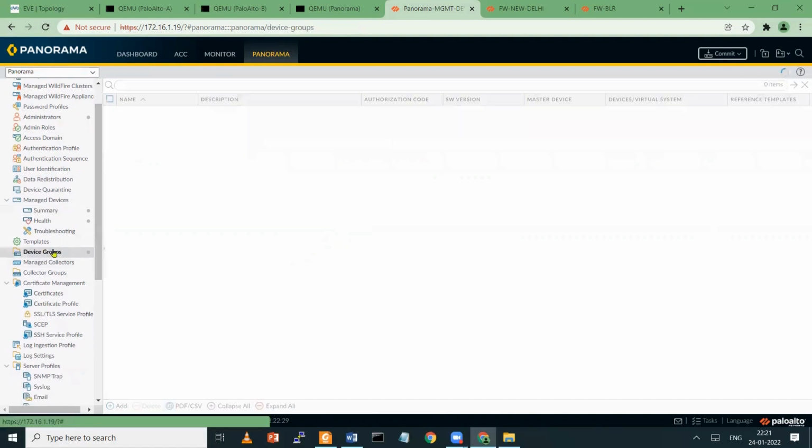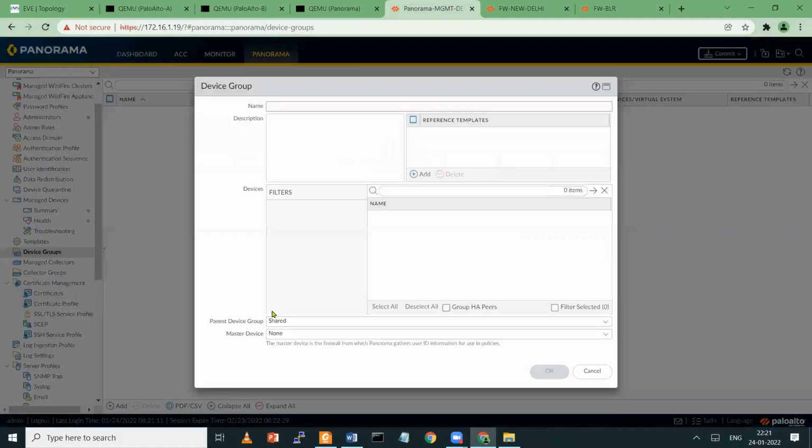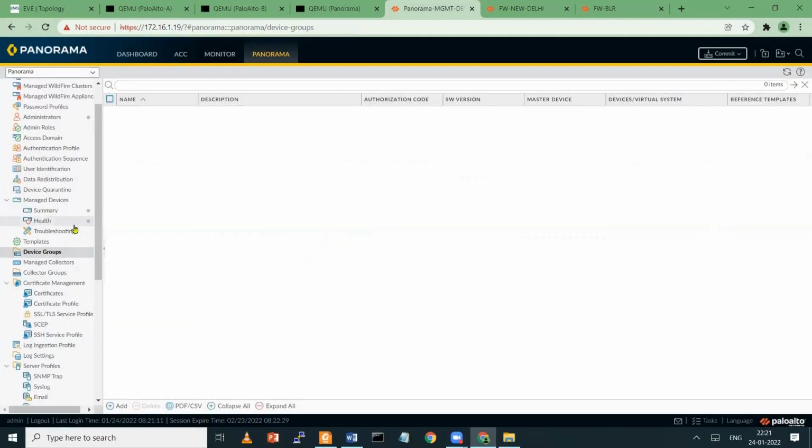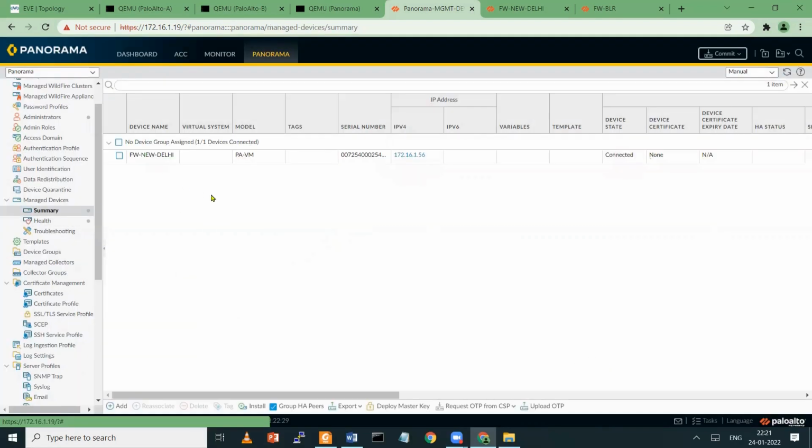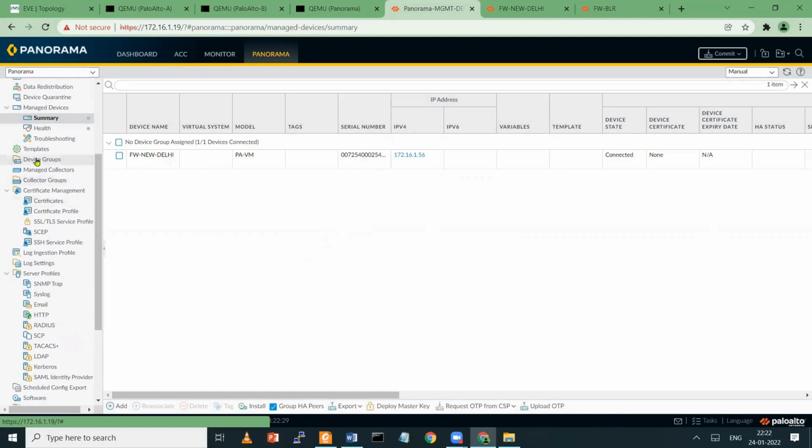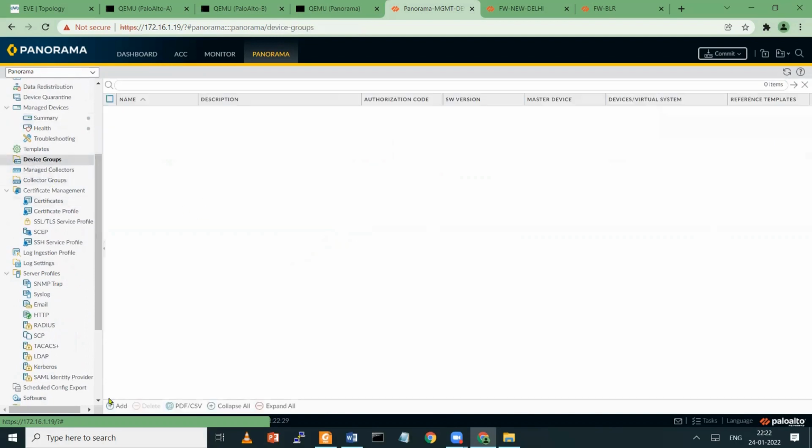And the device group, you can create here. Actually, I've already added this firewall with the name New Delhi, so it automatically picks the device group and device name. But if I show you here, the device group is not there.